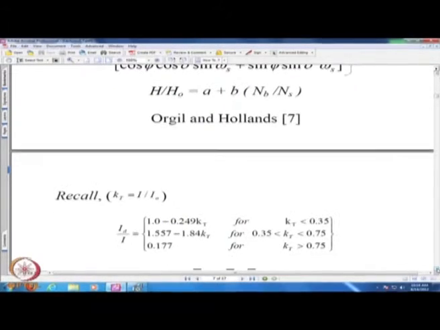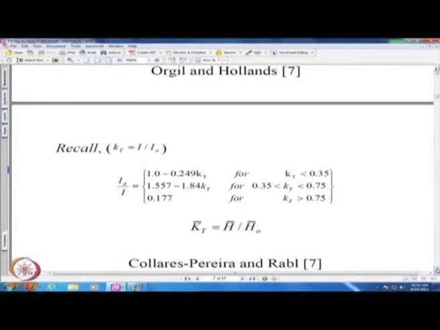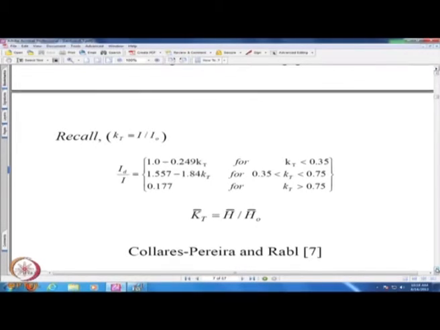First of the correlations is due to Orgill and Hollands, which expresses diffuse radiation to the global radiation as a function of the clearness index, and you may recall that clearness index is nothing but the radiation that is received on the Earth's surface divided by the extraterrestrial radiation I0. Correspondingly, you may define a KT bar, the monthly average daily clearness index, as the corresponding ratio of terrestrial radiation to the extraterrestrial radiation,